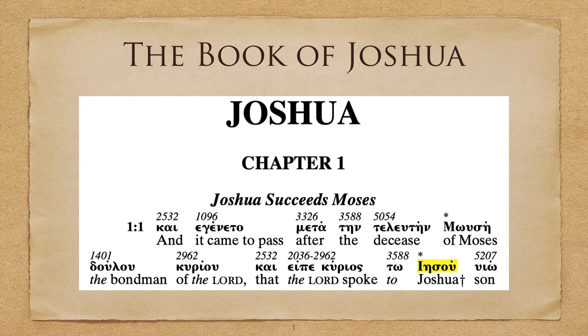We just finished the first 5 books of the Bible, and our next book is the book of Joshua, which begins with the sons of Israel crossing the Jordan River and then encircling the city of Jericho. Joshua is mentioned quite a few times in the book of Exodus, Numbers, and Deuteronomy, and we'll go over these places later. But first, let's study the name of Joshua, as it's more than what just meets the eye.